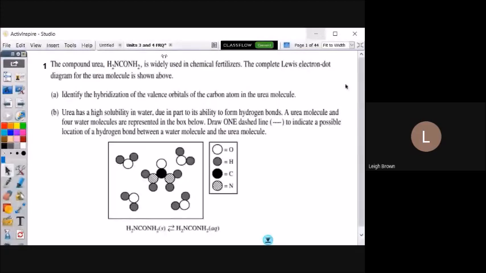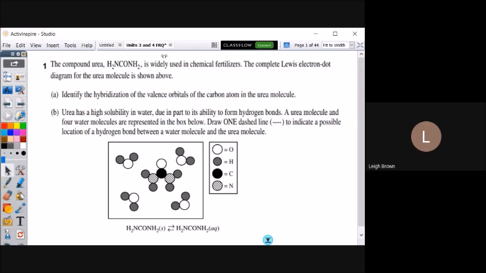All right, so we'll just jump right in. This first question is really a review from the last unit, but as you know, on an AP exam, all the free response will include lots of different information put together. So just quickly, we can run through A just to answer the question. Notice we have this compound urea. It's used in chemical fertilizers. Complete the Lewis diagram dot structure shown below.